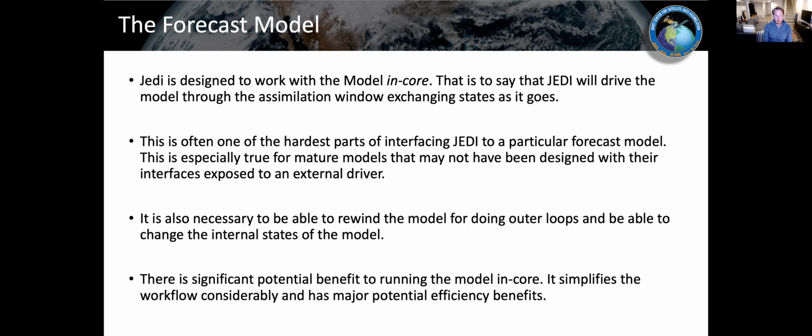But of course, those need to be implemented. And I'd say this is one of the hardest parts of the interfacing work, because very often you're dealing with a quite mature model like UFS or GEOS. They're seldom designed with their interfaces exposed to an external driver. They design them with a driver included with them. And so some work is often required to actually be able to drive those models from the external system of